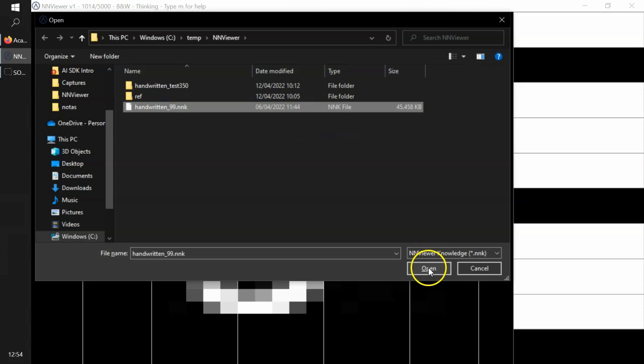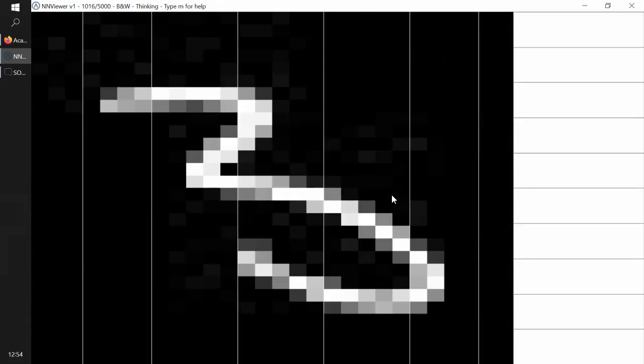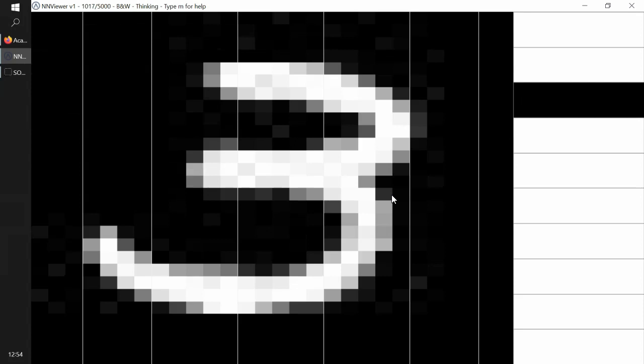handwritten_99.nnk. To test if our neural network now knows these handwritten numbers with the knowledge that we just loaded, we have some test images of handwritten numbers which have not been used in the training process. We can load those new images to NNViewer and see which numbers the neural network thinks they are for each